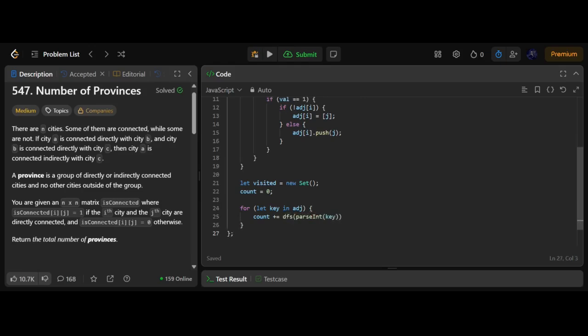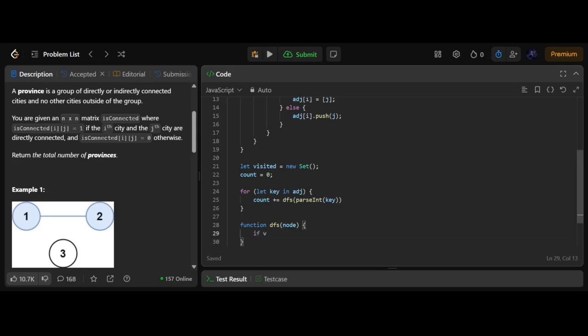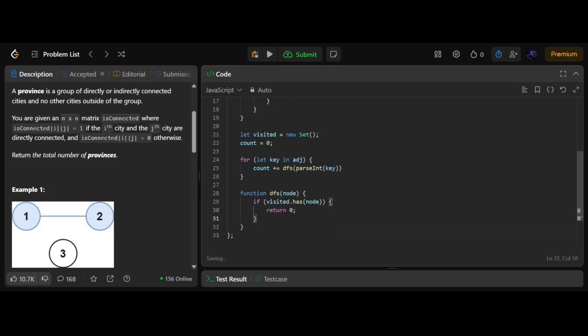This is going to give us a key as an integer, and we can pass it to our depth first search function. Then let's get to actually writing our depth first search function. We want to take in a node, and that's about it. We don't want to return anything. Actually, we do want to return the count. If visited.has(node), well, we've seen this node before, so we just return 0. We don't want to increment our count because it's already part of a province. Otherwise, we're going to say